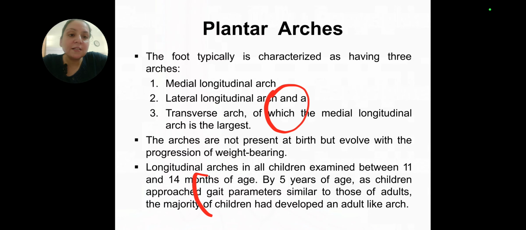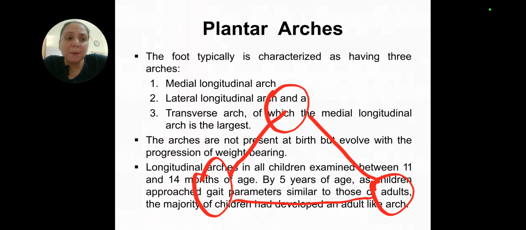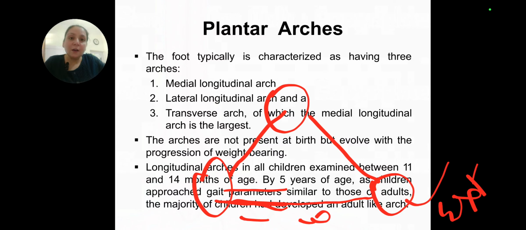Now if this is the talus, this is the calcaneum, and this is the MTP, and these are the movements. Fine. Now what is happening, if this goes into extension, MTP is going into extension. Whenever this MTP is going into extension, it is pulling the calcaneum towards it. Can you see? It is pulling the calcaneum towards it, and it is bringing about a compression or contraction of the plantar fascia. Fine. So what is happening is, which is held by the talus. Now it is controlled by the talus.